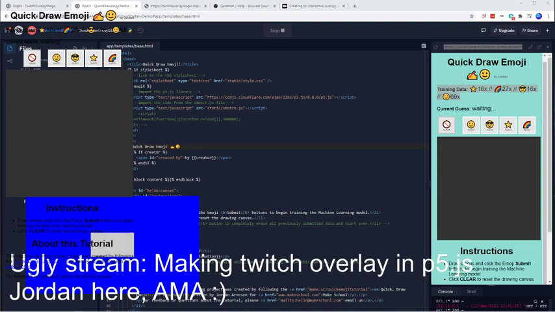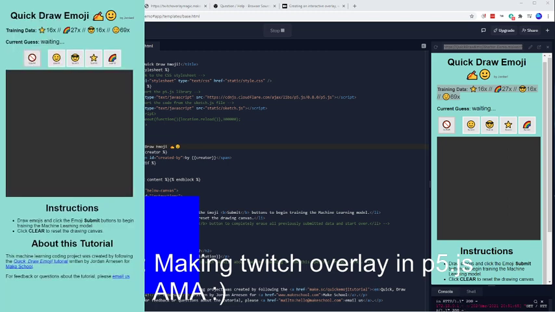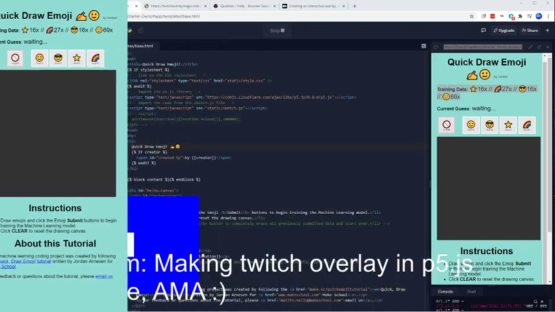Background color. Okay, so what it's automatically doing is removing the background color, but okay, so here is that